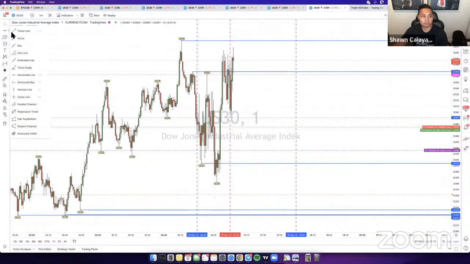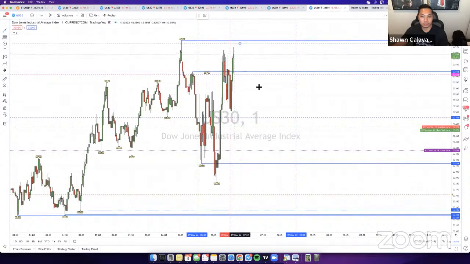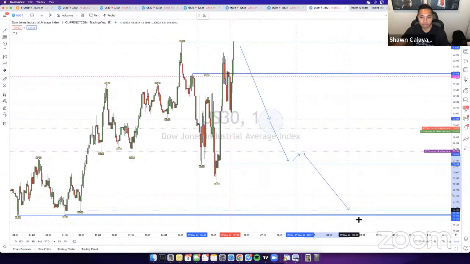I think price is going to come up to the area of liquidity right here and just come all the way back down, at least to this point, because this is the opening price. So come down to this point at least, and then come down lower, retest, and then just tank further down. This is basically what I anticipate to happen here.